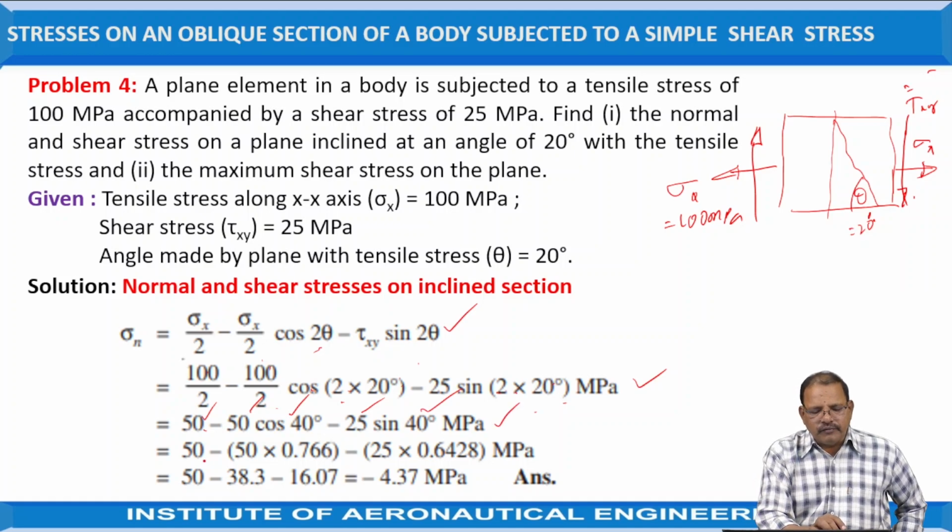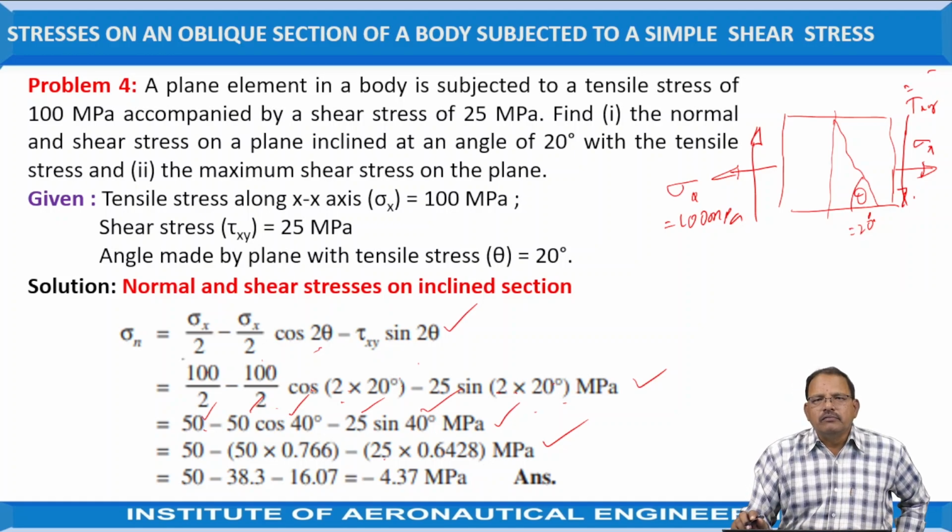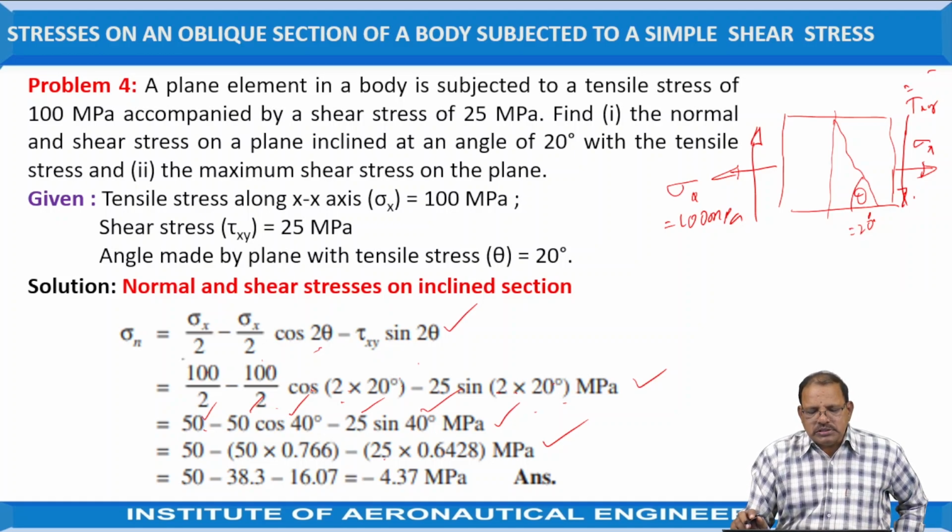So from this relationship, 50 into cos 40, which is 0.766, minus 25 into sin 40, which is 0.6428, megapascal now. From this relationship we got 38.3 minus 16.07. Finally we got this value equal to minus 4.37 megapascal. That is, for the directions we assumed, the normal stress is acting in the opposite direction. The meaning is